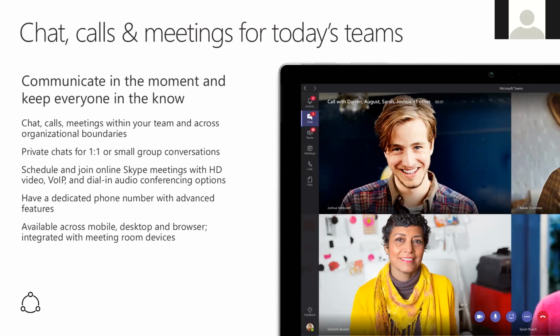And there's another way. Just like the session we are giving, if you want to give a town hall meeting, there's something called live events, where you can generate a live event meeting and address 10,000 to 15,000 people at a time. So that functionality is also there. Then a dedicated phone number with advanced features is assigned to you. That will be the business number itself assigned to you. So whoever calls you on that number, the call will ring on your Teams, be it on your laptop, desktop, or your phone, wherever you're logged in and wherever you're available.